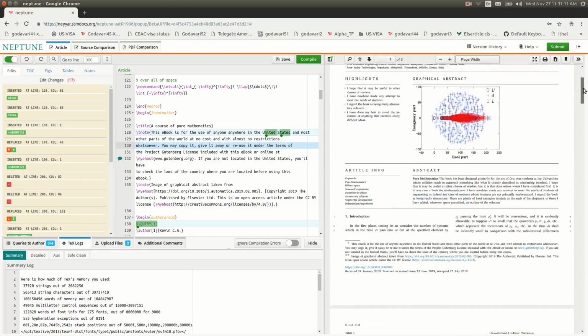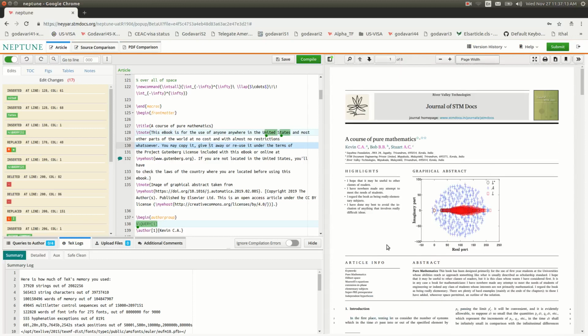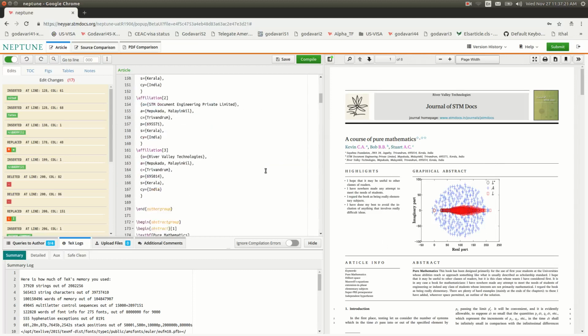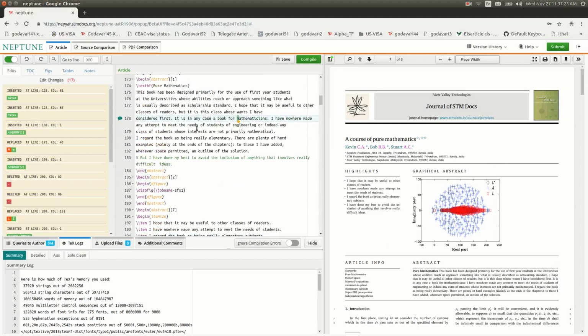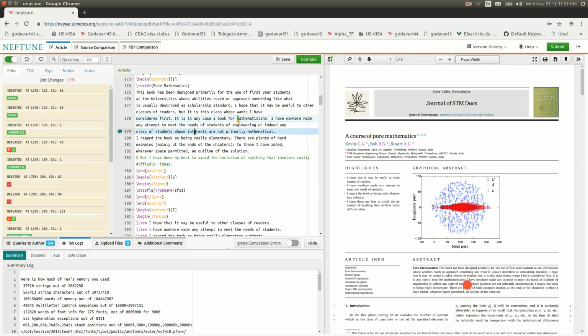Now you can see on the tool the other important functionality that is available is the sync functionality. The editor as well as the PDF output is always synced. Say for example, I take my cursor to this particular entry within the editor, say line number 179. Immediately it identifies the same corresponding text within the PDF viewer and an orange icon is shown indicating the position